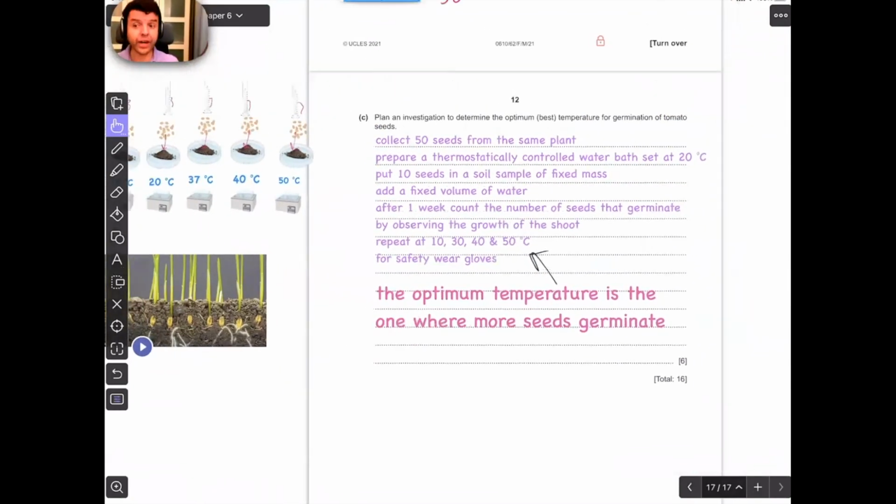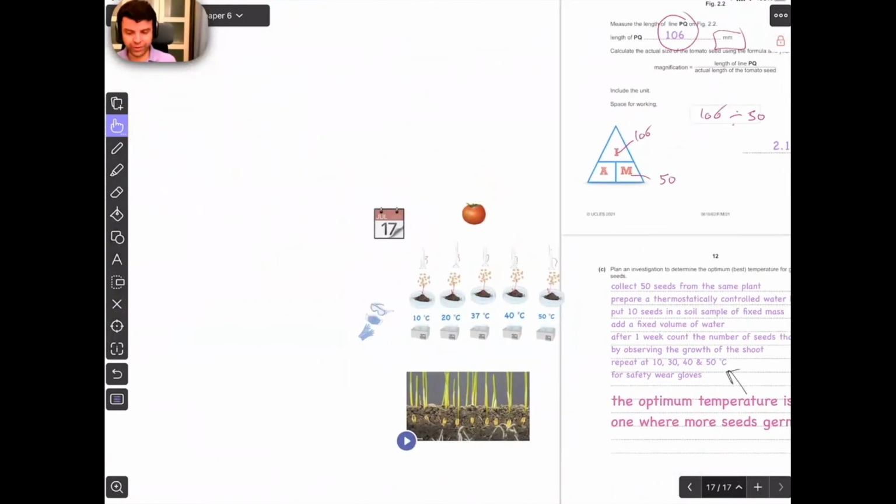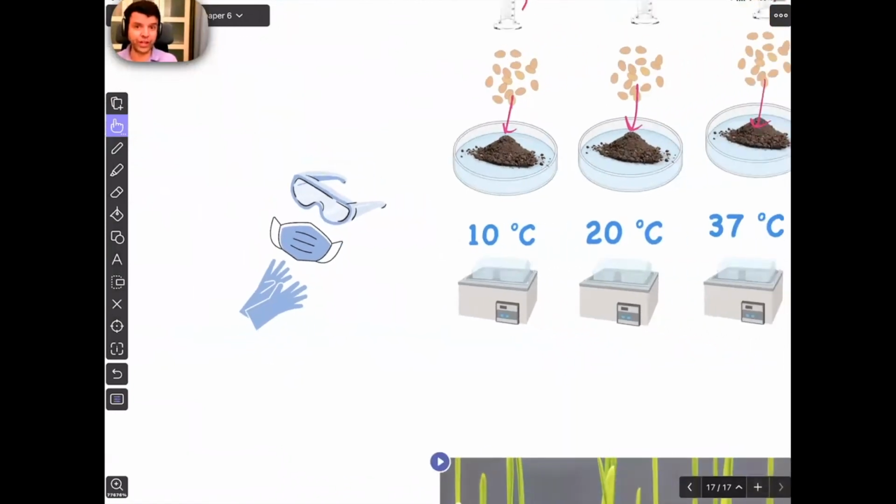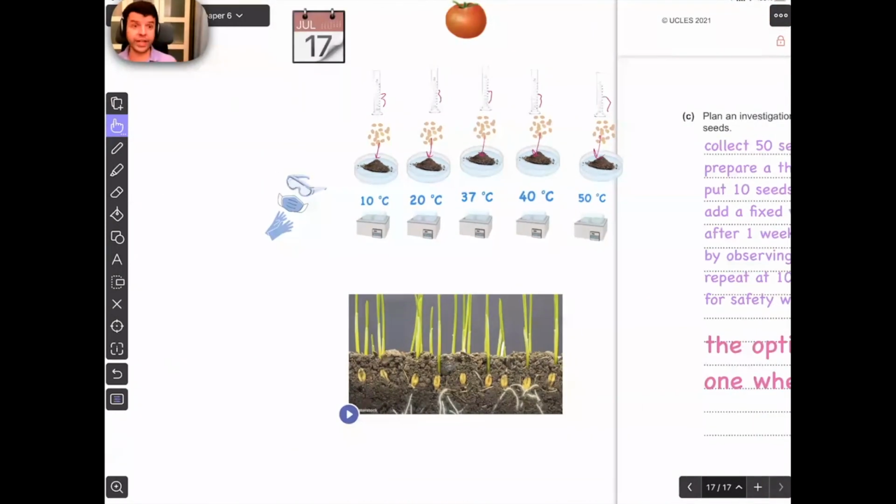Okay? Wear any safety thing. It doesn't have to be gloves. They're not really anything to protect yourself from the soil or irritation from the seeds,